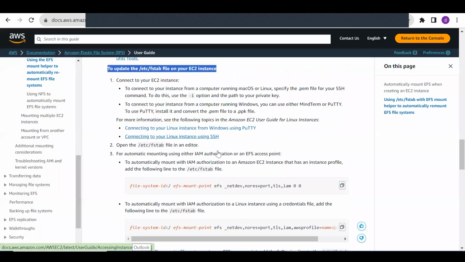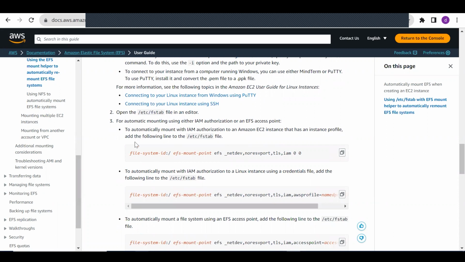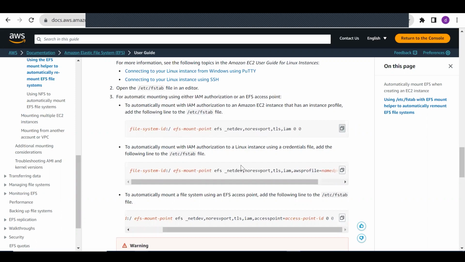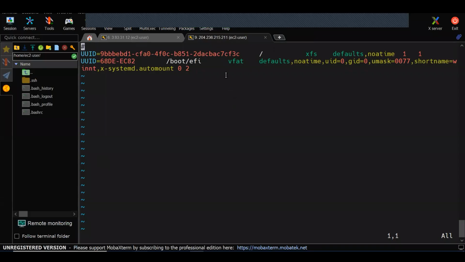What we need to do here: the file system ID, the EFS network details. Copy this one and add it in settings. Here the mount point will be there. Add the mount point.